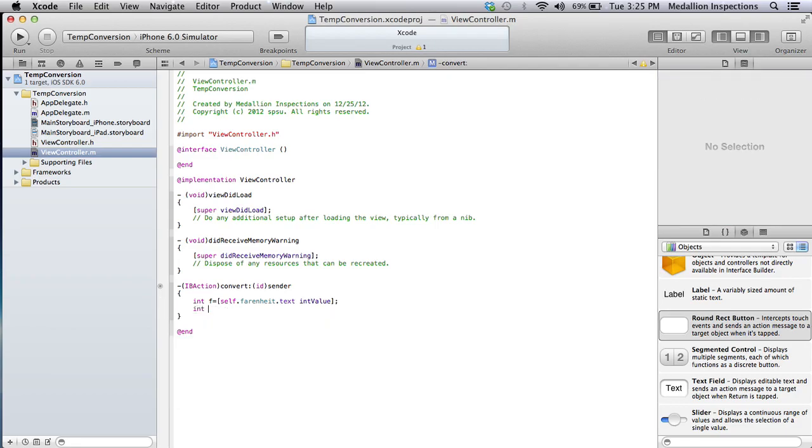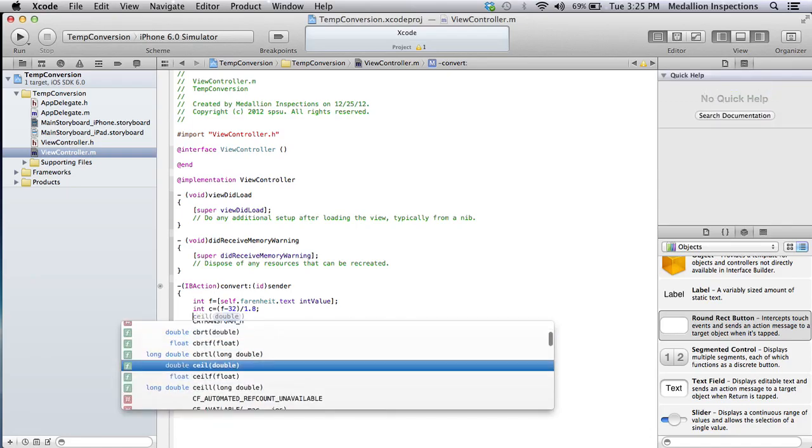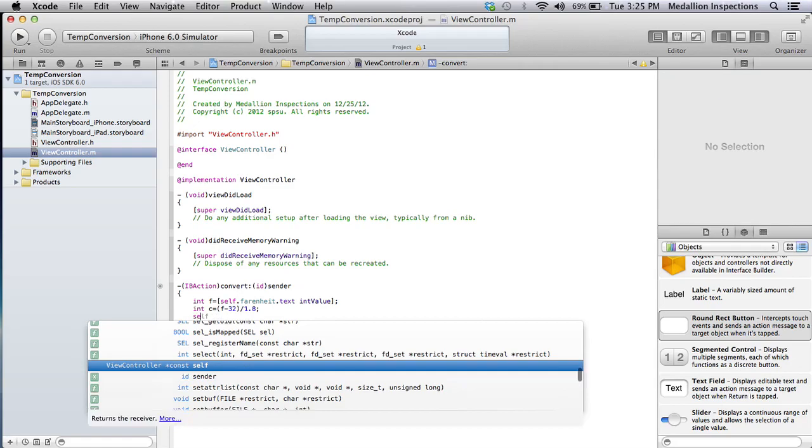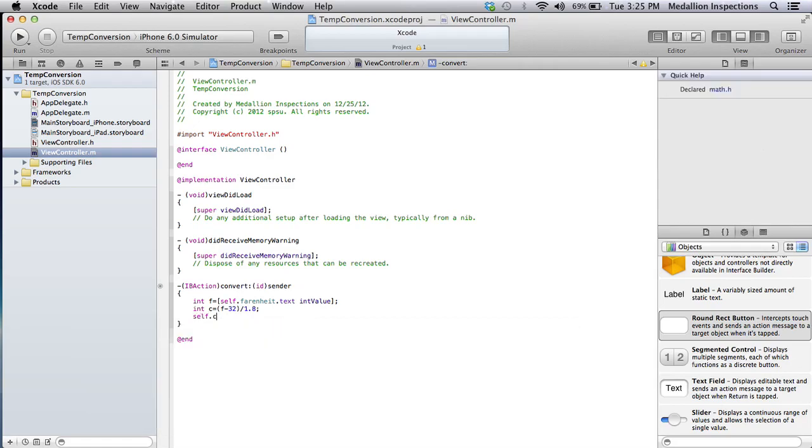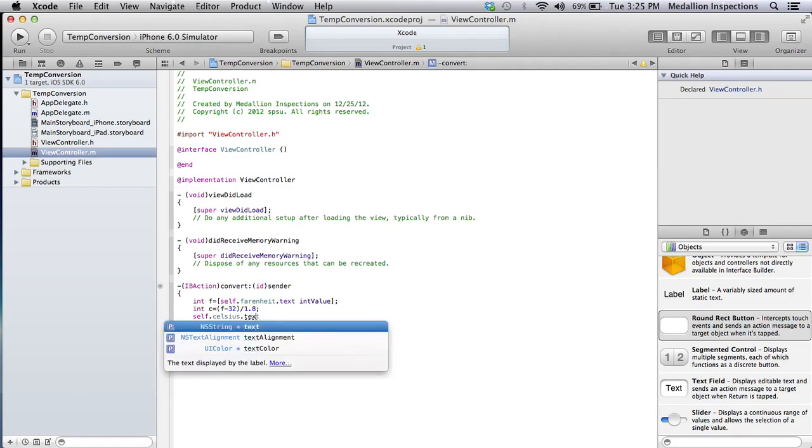So now we can have our Celsius, right? And Celsius is Fahrenheit minus 32 divided by 1.8. And we are doing it as an int, so it's going to be truncated, but who cares? And now we want to set that as the text for the Celsius, right? Again, it is self.Celsius.text equals